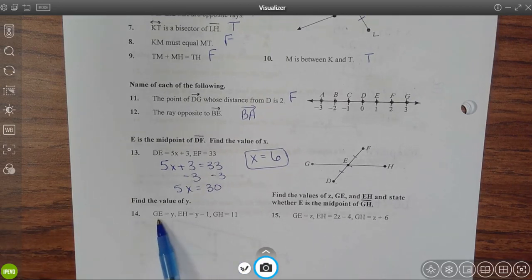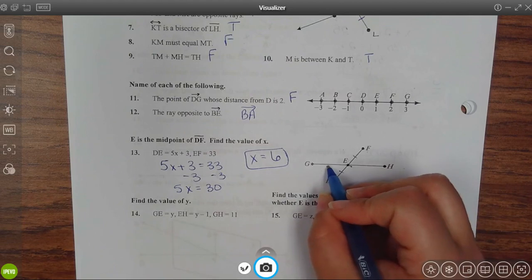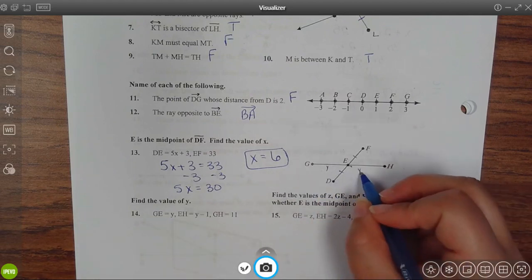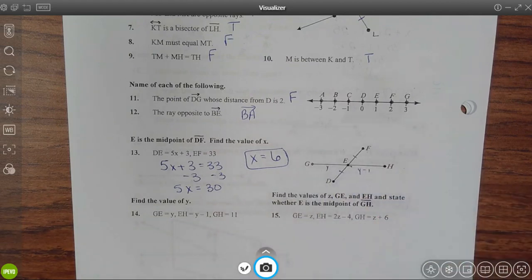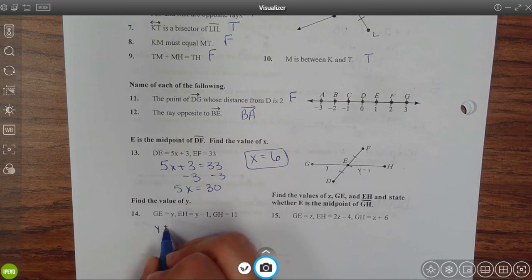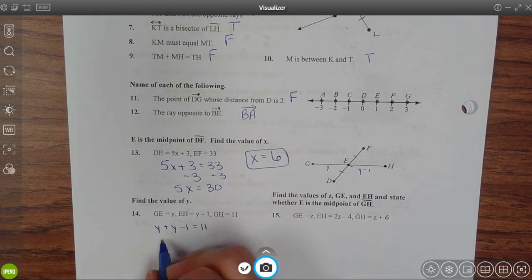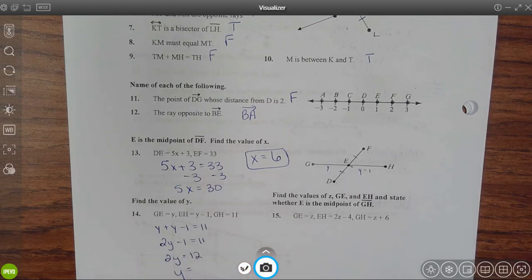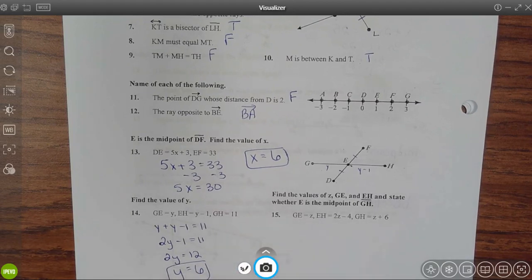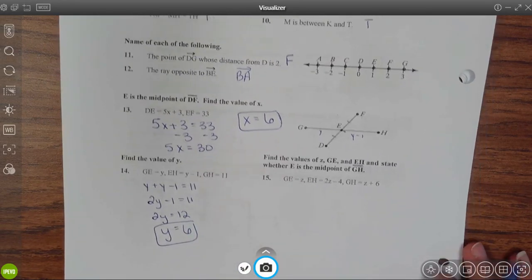For number 14, we know GE is equal to y, EH is equal to y minus 1, and the entire segment is 11. This is going to be the segment addition postulate. So we're going to add y plus y minus 1 to equal the entire segment, which is 11. We can combine like terms and get 2y minus 1 equals 11. Add the 1 on both sides to get 2y equals 12, and then y equals 6. And finally,